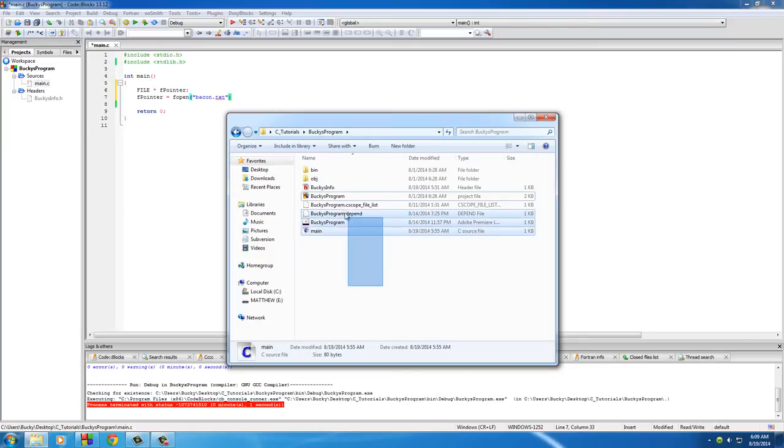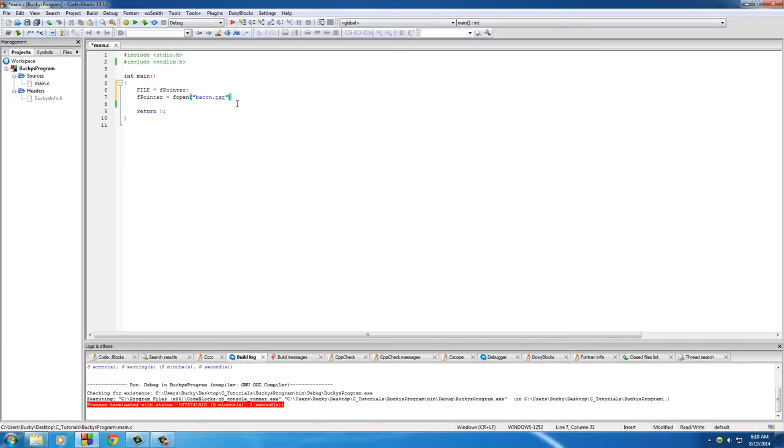So as you guys can see, there is no bacon text file right now. We're going to create it. So open bacon.txt, and since it doesn't exist yet, we need to write it. In other words, W. So what this basically does is it now opens your file bacon.txt, and if it doesn't